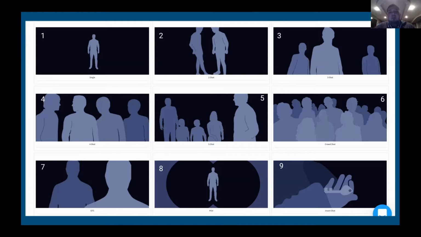For the most part, we will be focusing on the single shot today, as you'll see in the editing phase. But for the most part,